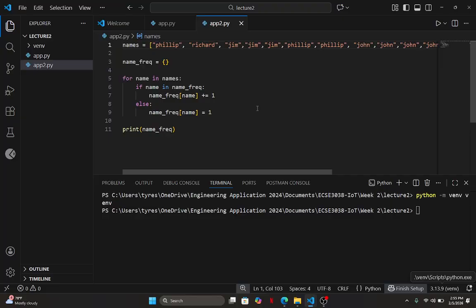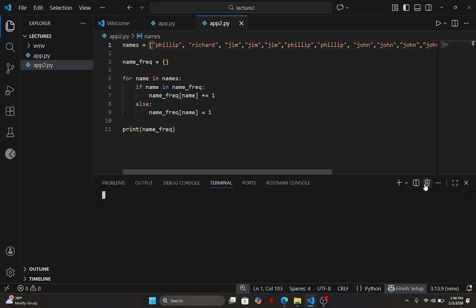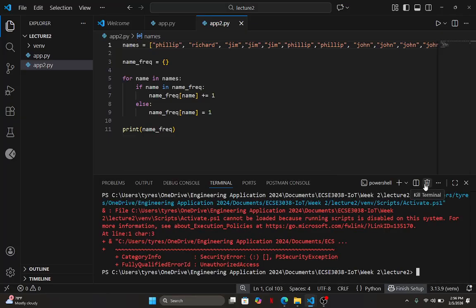The thing is, this is us telling VS Code to use it. But this right here is not VS Code. This is a terminal that is in VS Code, but it is not inherently a part of VS Code. So we also need to tell the terminal to use the virtual environment. So the way we do that, I think there are two ways we can do it. I think one way is just close this and then reopen it. Does that work? It doesn't work.